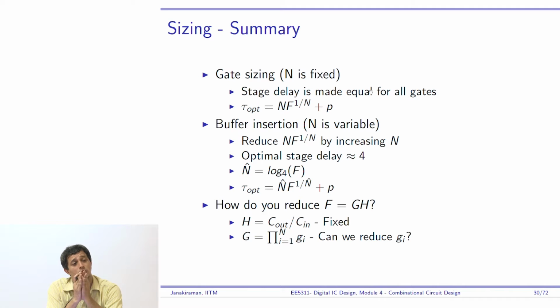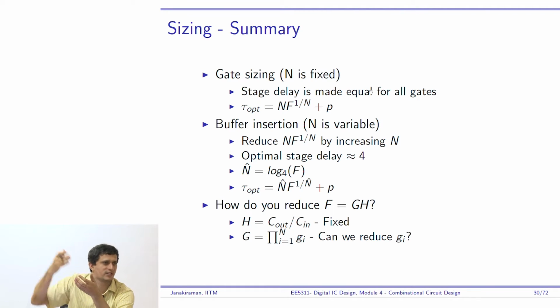And therefore we said that you can actually insert buffers in the path and still reduce the delay of the path. Okay, this buffer insertion algorithm was discussed, and we said that the optimal stage effort is approximately 3.59. We said making it 4 is not a bad idea, because ultimately in your standard cell library you will have gates which are of 2x, 4x, 8x, 16x and so on. So that's why even this fan out of 4 delay is a very magical number for digital circuits.